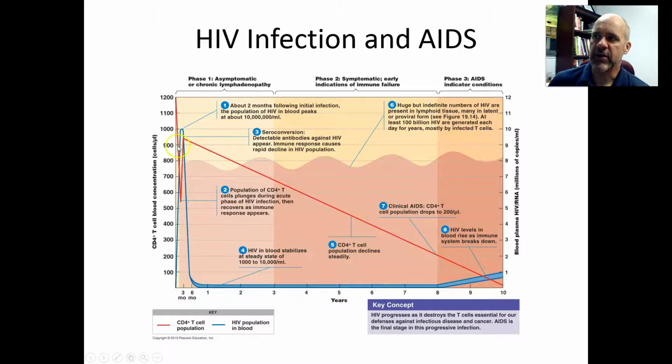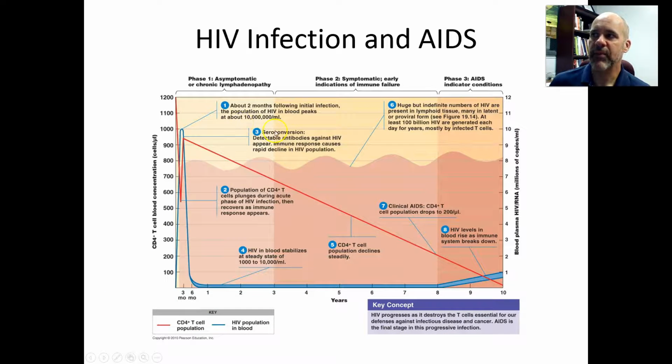And then the blue line here is your HIV population. About 2 months after your initial infection, the HIV in your blood peaks. So you have a big surge increase in the number of those HIV particles in your bloodstream. But then notice it drops off. It drops off pretty quickly after that. In fact, it goes down pretty close to zero for a long period of time,